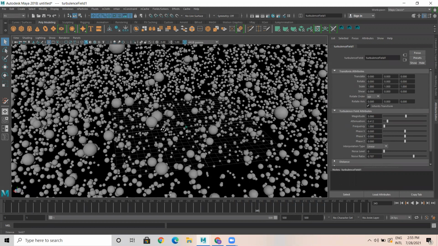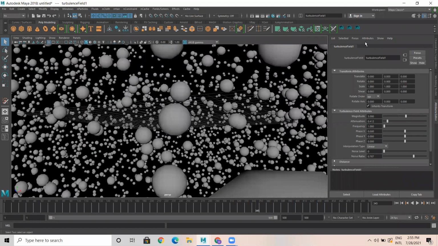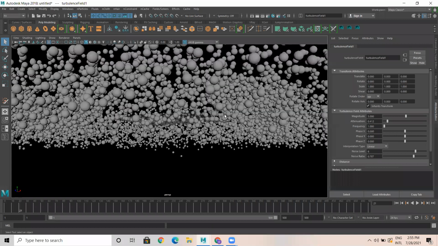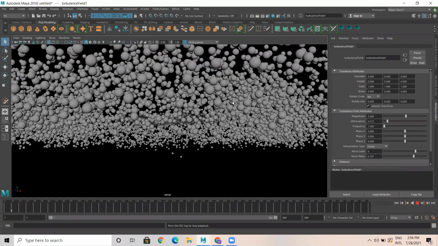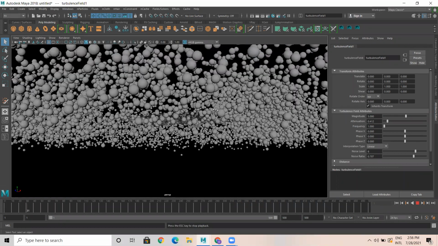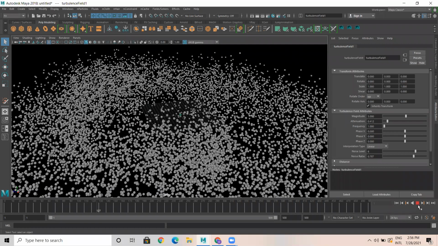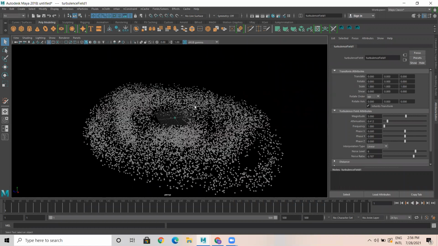So you can change the frequency, you can add noise level, the amount of noise, how much you want. So many things.